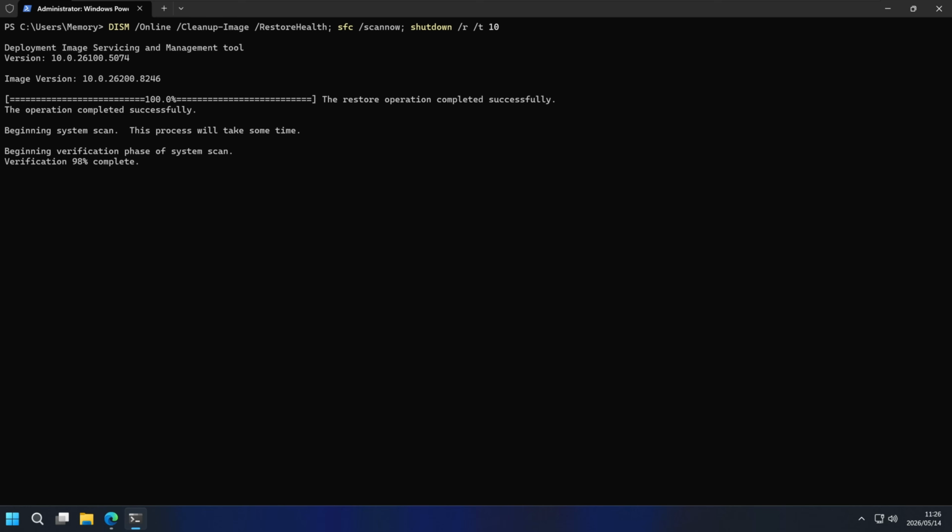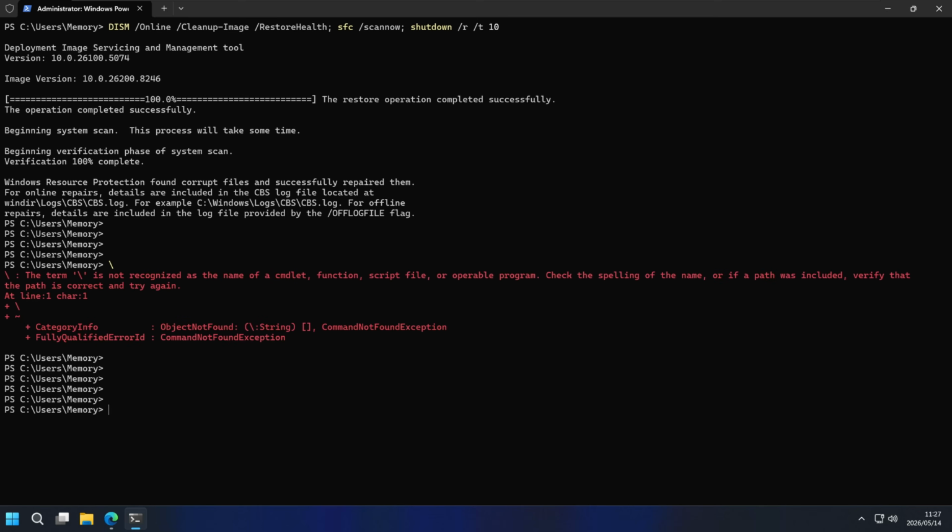Back when I was fixing PCs for clients in my computer repair shop, this saved me a lot of time because I'd start a command in the morning, go out on a call out, and then come back to a machine that's completely finished and rebooted itself, instead of one of the commands still sitting there waiting for me to type the next line. So I really hope this quick tip was helpful for you.